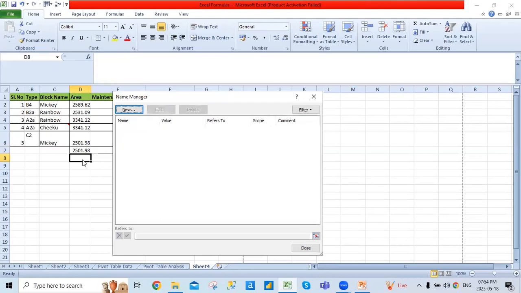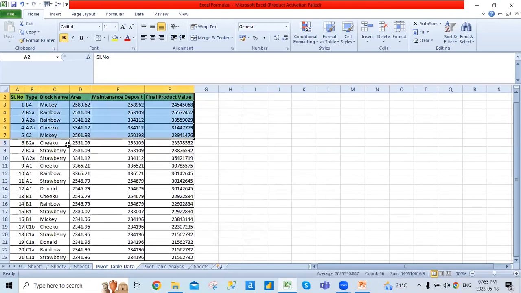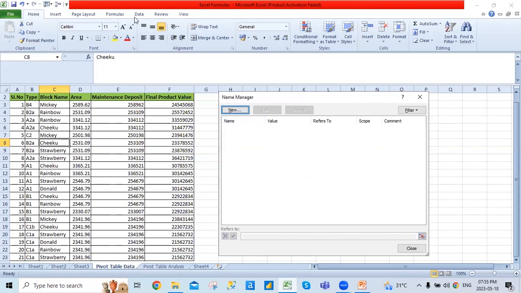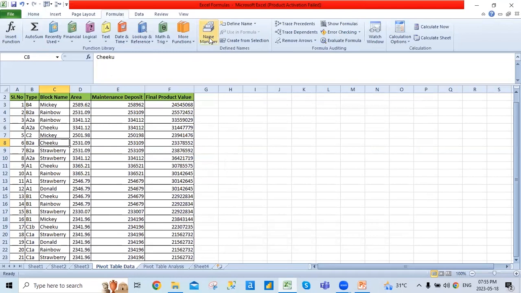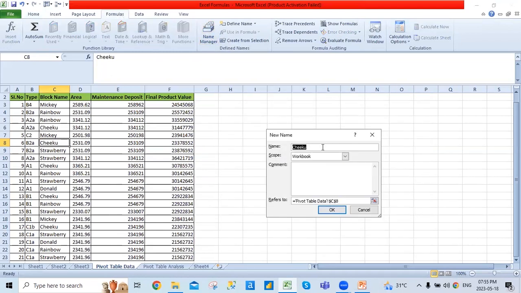Now, name manager is a very good concept. Name manager helps you create a name for a particular table. Let's suppose I want to create a name for this pivot table. I can press either Control plus F3, or I can go to the Formulas tab, where I'll also find the name manager. Now in the section of New, I'll give it a name,